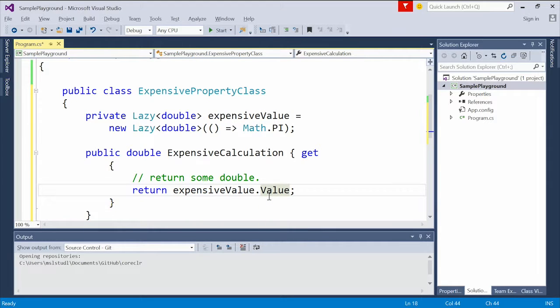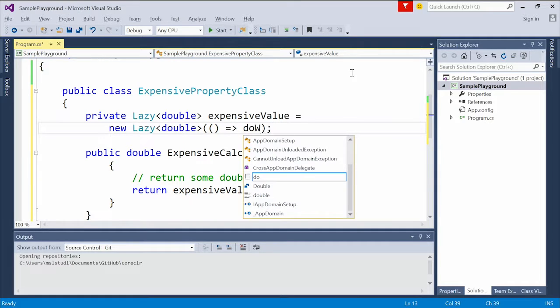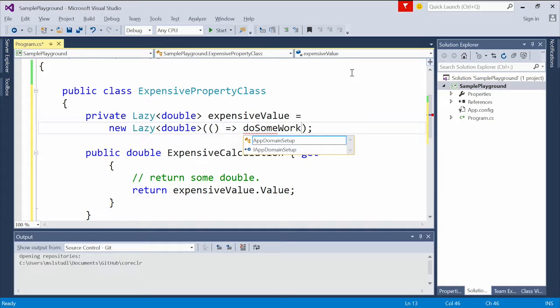I'm only going to assign this expensive value to the constant pi if it actually does some work, if some other code looks at it. More appropriately, this might be something to say, do some work to calculate. So it's going to be some other method that goes off and